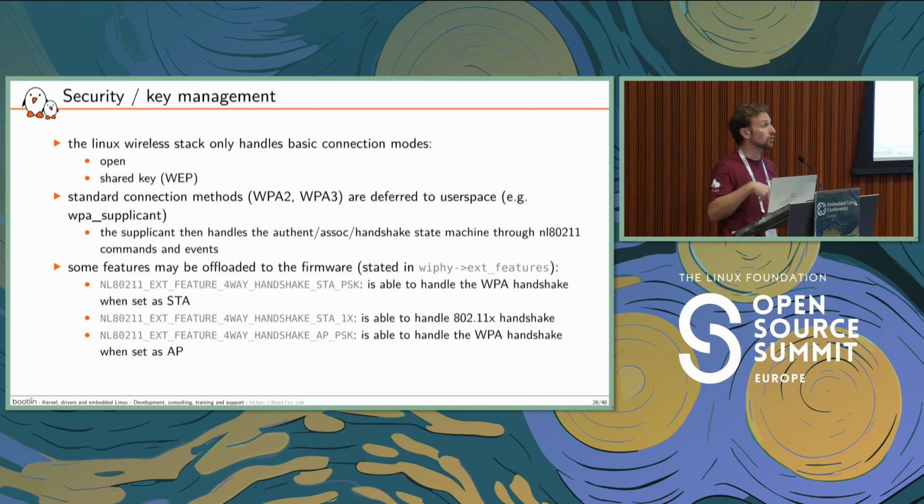In this case, you want to let the wireless core know about this because you don't want it to do all the back and forth with the user space. So how is it done? You have your wiphy structure. At initialization and registration, you will make sure to set the relevant flag to let the core know about this capability. And then, once the user space initiates the connection, it will just wait for your device to finalize and return the status of this connection.